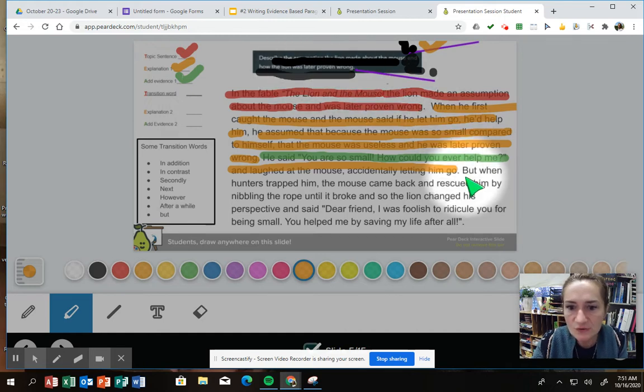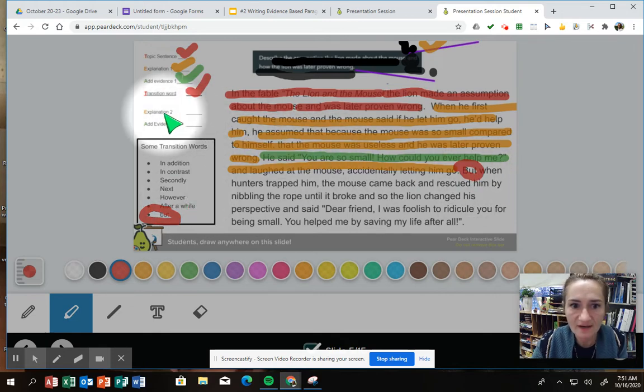So we are moving to the next idea, so we need a transition word. And in this case, they're using the word but. And I'm going to grab my red because it's in red. And they did that. So they used this word right here, but. Here are some examples of transition words. Now they could have been fancier and used however there. It's the same thing. So let's see, now do they have an explanation of how the lion was proven wrong? Do they help us with that?